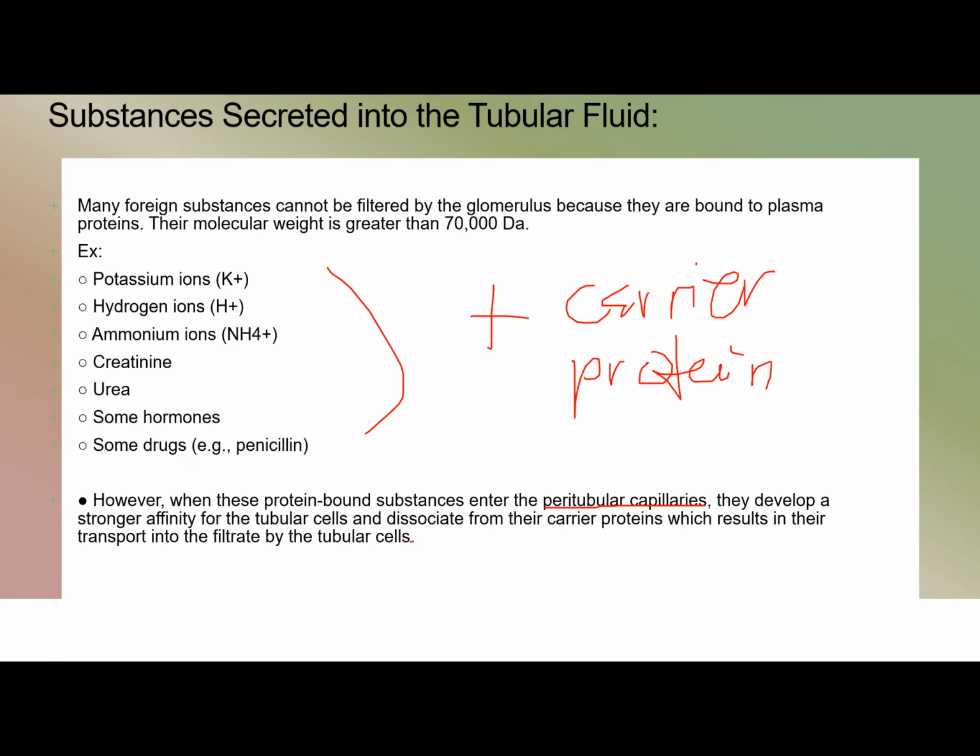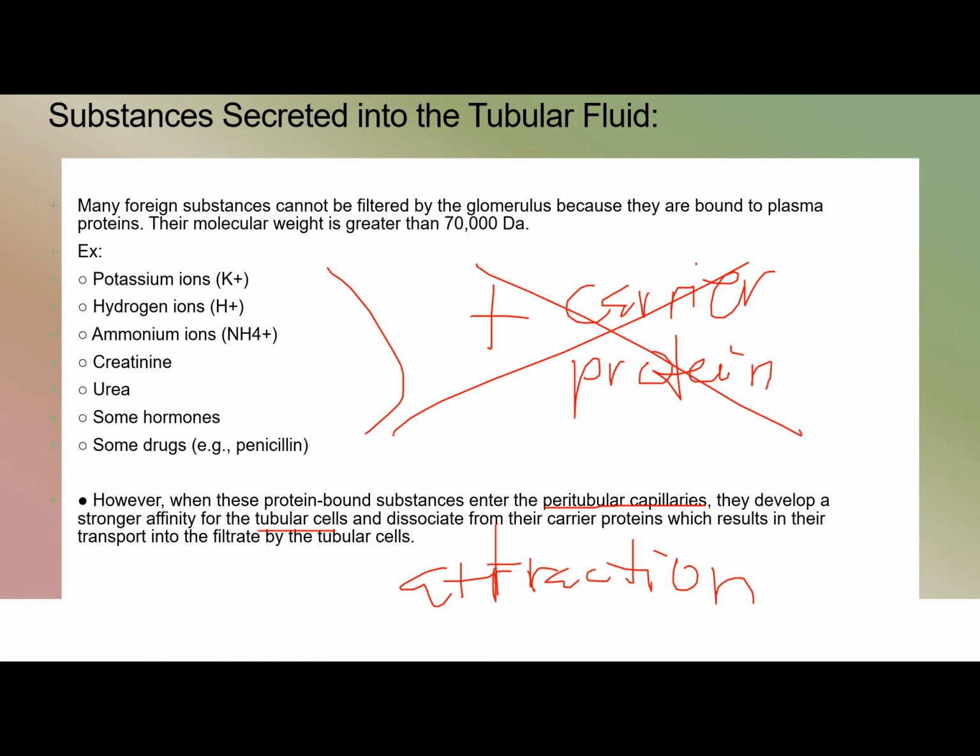They would have a stronger attraction or a stronger affinity dun sa mga tubular cells found sa peritubular capillaries. So instead of attaching sa kanilang carrier protein, iiwan nila to. Magdi-dissociate sila, and pupunta sila dun sa mga tubular cells na yan, which now allows your peritubular capillaries